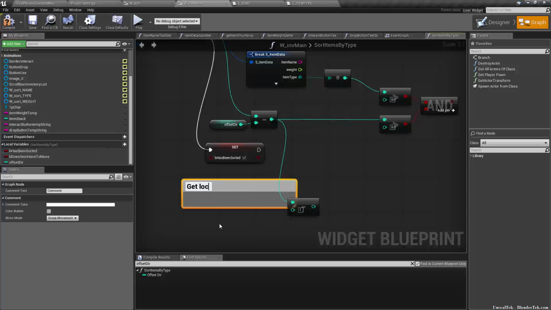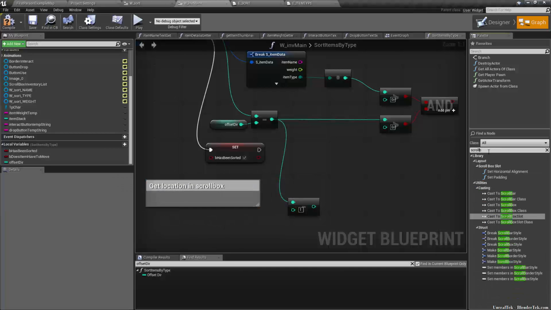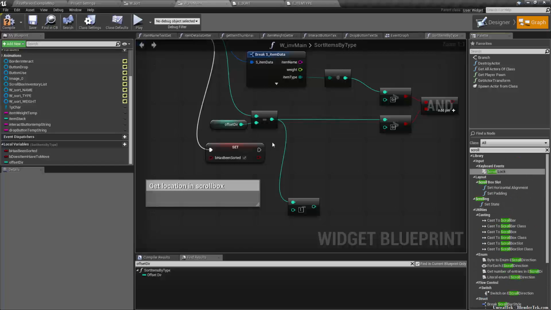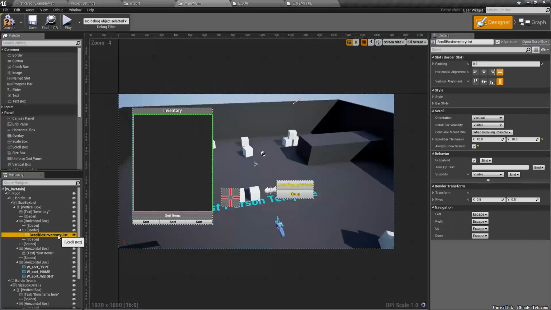Get location in scroll box, because the scroll box I don't think has an index. Let's see here. Scroll box. Horizontal alignment, no. Scroll box, no. Because that's what we're using at the moment for this, is a scroll box, yes. Orientation, no. So we may need to replace that with